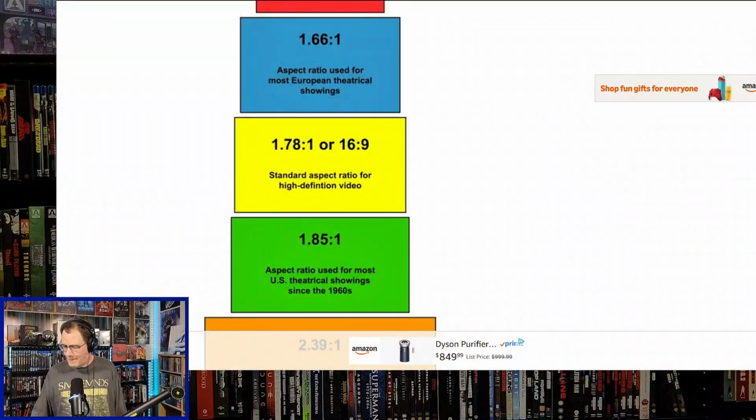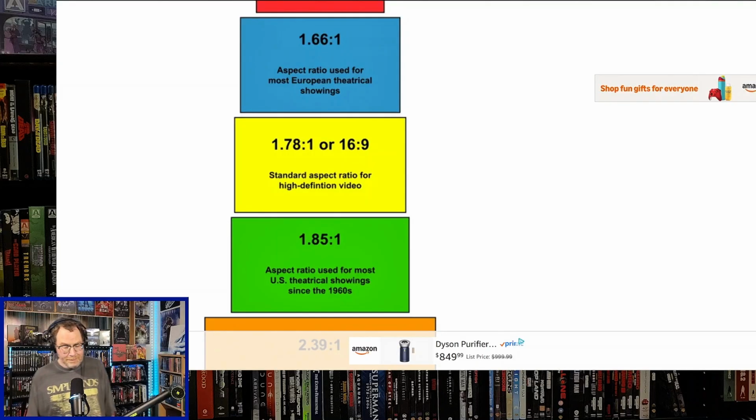Also, Stanley Kubrick's A Clockwork Orange, another example of a movie that was shot in 1.66 to 1. In fact, he may have done that with several of his films. I'll be the first to admit I haven't really delved in and looked into all of Stanley Kubrick's films to see what the aspect ratio is on every film, but there were a couple there that I was aware of. All right, so let me get my image back up here. Let's move on to